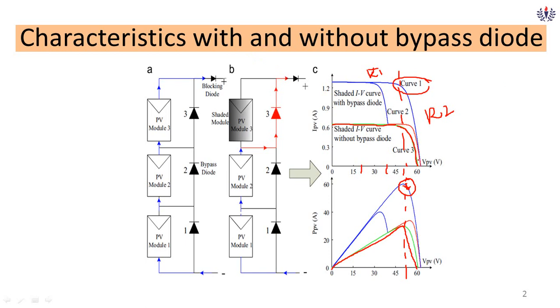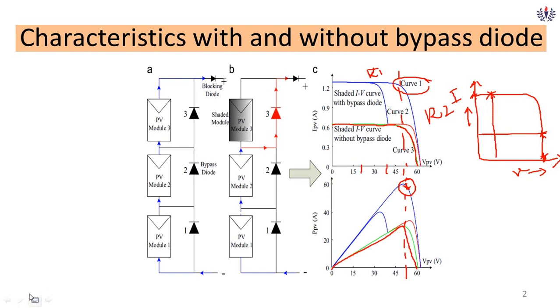As I have already told you, let me draw it differently so that it will be easy for you to understand. Let me take this particular characteristic. You take this as the open circuit voltage point. This is your V, and this is the current axis. So this maximum current at the 0th position is what you call ISC. At ISC your voltage is 0, and at VOC your current is 0. If you operate at this point, your voltage is maximum but your current level is not maximum. If you operate at this point, your current is maximum but your voltage is minimum.